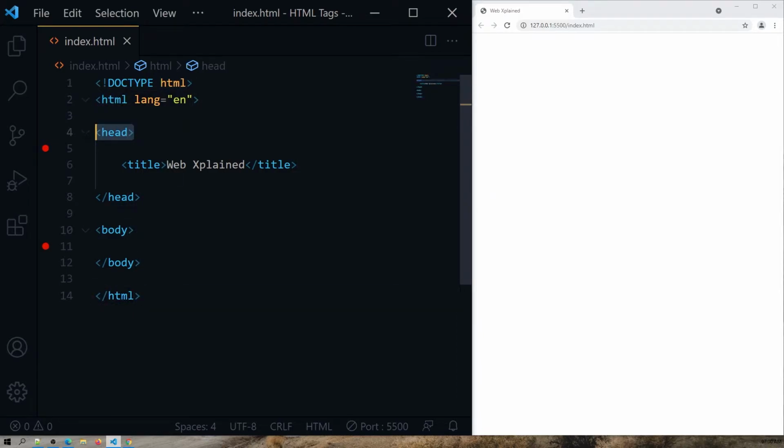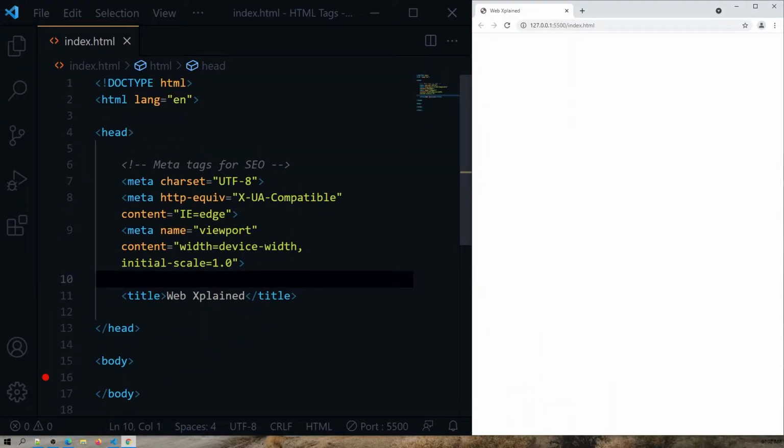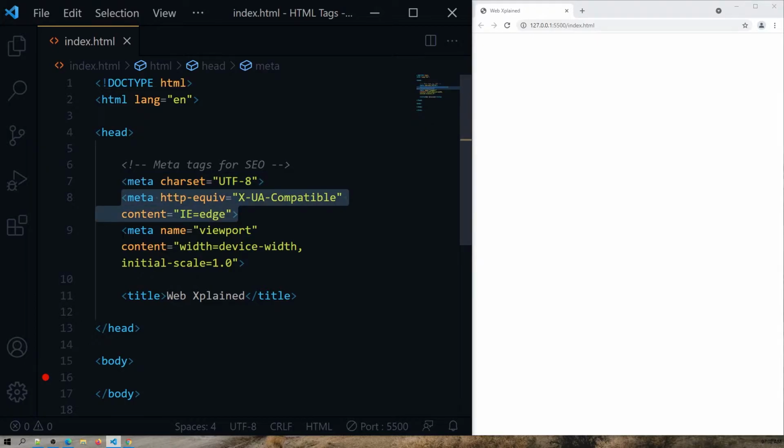Same like head, title or body, they have closing tags. But for the doctype, it doesn't have a closing tag. Another example for self-closing tags are meta tags. They don't have a closing tag and they are used for SEO purposes.